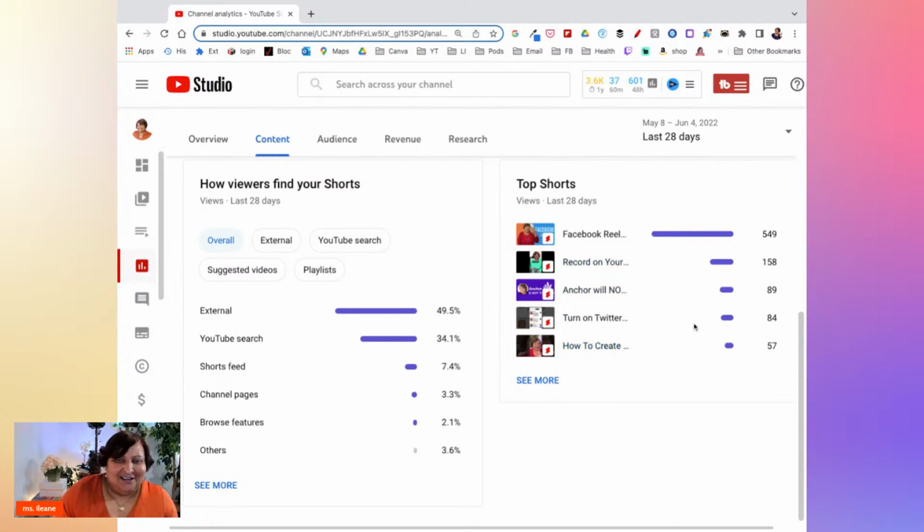So putting a thumbnail on is only good for when people are seeing the video in their subscription feed, not on the shorts shelf. So you could put a thumbnail on there, but people that are looking through the shorts shelf, and I just showed you the shorts shelf on desktop, there's also a dedicated shorts shelf on the phone.